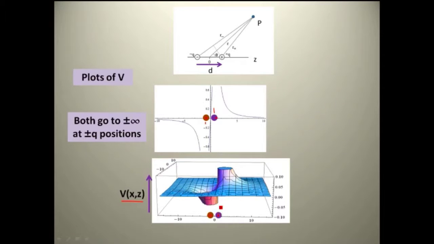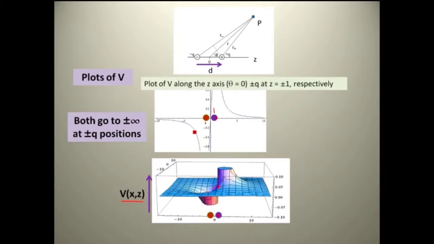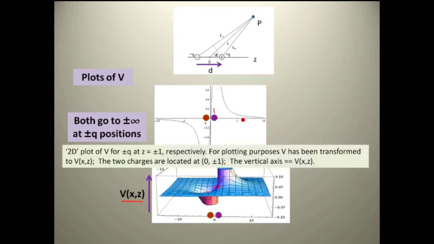So right here is where the charge is. So the plus charge is right about here, and the minus charge is right about here. What you're seeing is the truncated version of this. So this goes way up and then comes back down again. And then you see how it falls as a function of the position, and you see how it falls in both x and z. Here's V along the z-axis, and this is the 2D or 3D plot, whichever you want to call it,